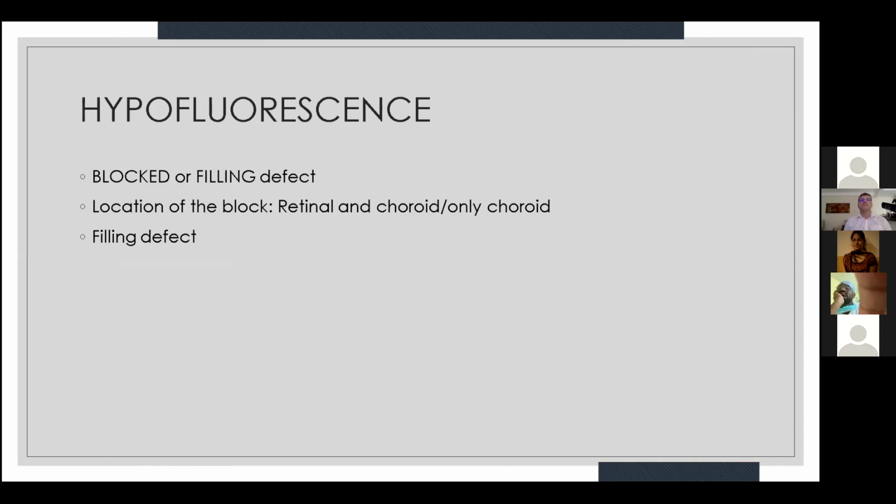Hypofluorescence is again of two types. Either it is because of blocked fluorescence or a vascular filling defect. When we know it is because of blocked fluorescence, we have to rule out whether it is pre-retinal, blocking both the retinal and the choroidal fluorescence, or subretinal, blocking only the choroidal. For a vascular filling defect, find out which branch has been blocked, leading to the